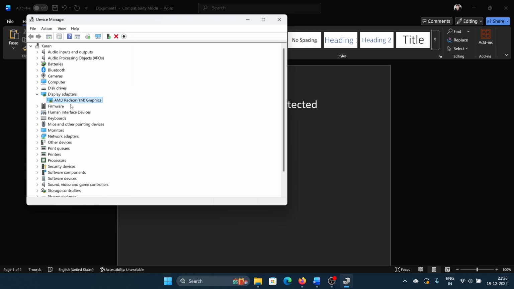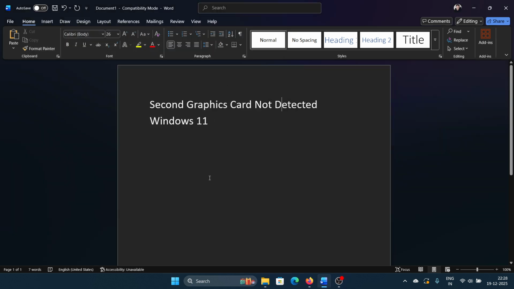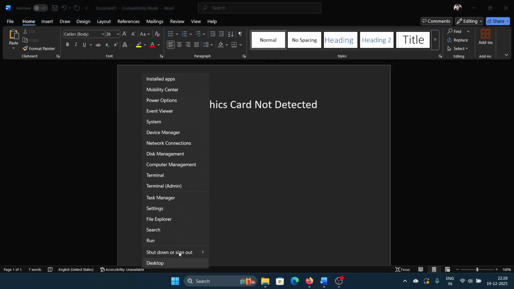Does the second graphics card driver show here? If not, straight away take it to the hardware technician. And if it does show there and if it's not replicating on the system, simply right click on the start